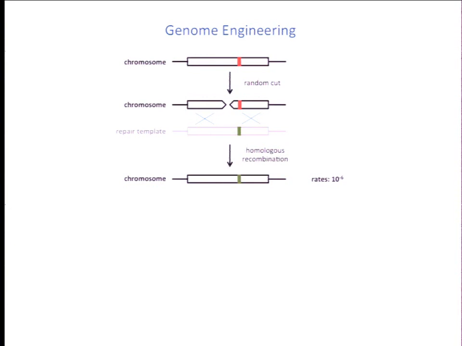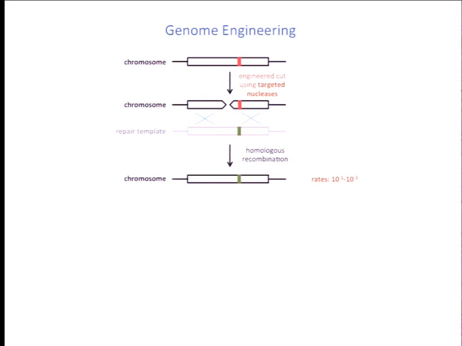But traditionally, the rate of this process is very low, typically only of the order of about 1 in a million or 10 million cells getting successfully modified using this process. But what was recognized over 2 decades ago is that the key rate-limiting step in this process is the generation of the random cut. And if instead of a random cut, one could make an engineered cut using targeted nucleases, then one can boost the efficiency by about 1,000 to 10,000 fold and bring it into the few percent.